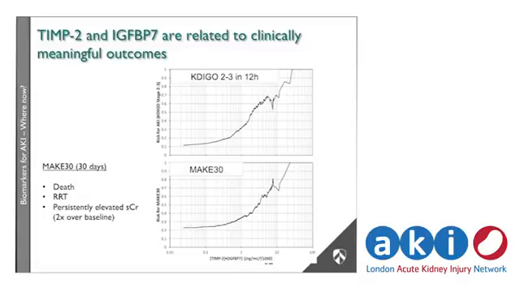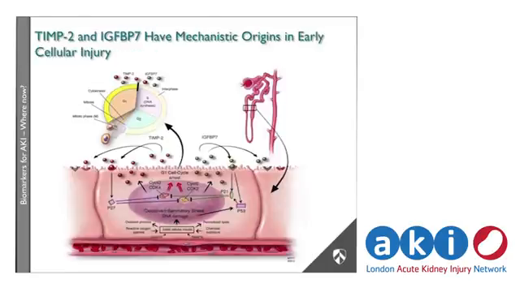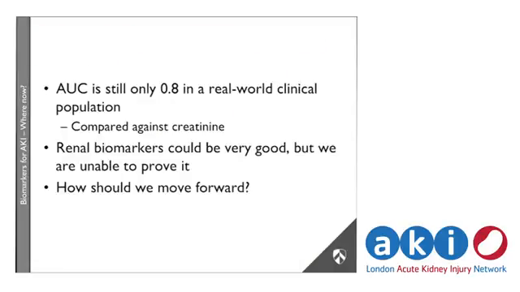They've got this thing which is the combination of death, renal replacement therapy, or development of CKD essentially, and an increasing level of the combination biomarker related to a very significantly increased risk of this patient-centered endpoint. And the really fascinating thing about these markers is they're actually related to the cellular pathophysiology of AKI. They're related to something called cell cycle arrest, which is what damaged tubules will undergo. Okay? But in a real-world population, they're still not performing brilliantly, but this is compared against creatinine.